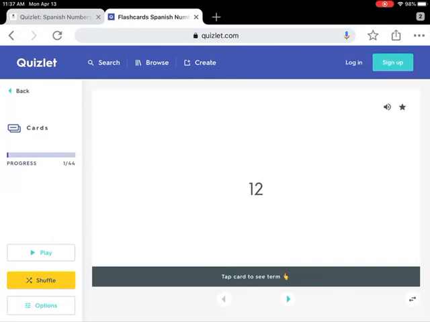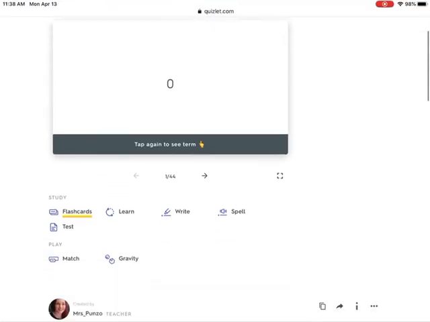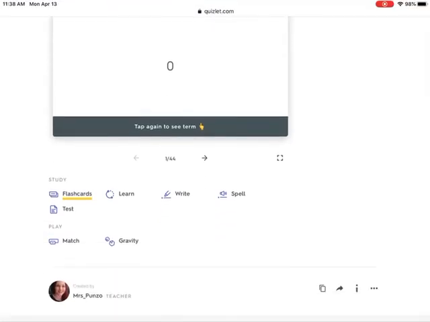When you've completed that, you're going to go back. And now it takes me back to this page. I want you all to scroll down, and underneath you see it says play, and it says match, and gravity. You have study, where it says flashcards, learn, write, spell, test, and then underneath of that it says play, match, and gravity. I want you to click on match,